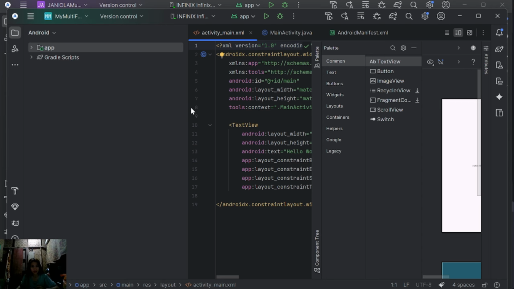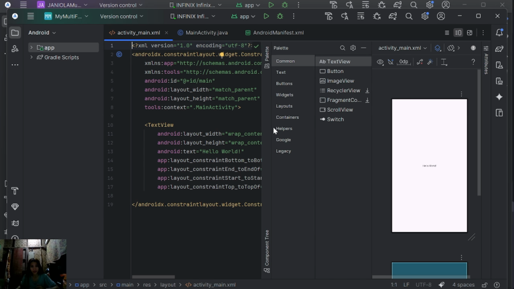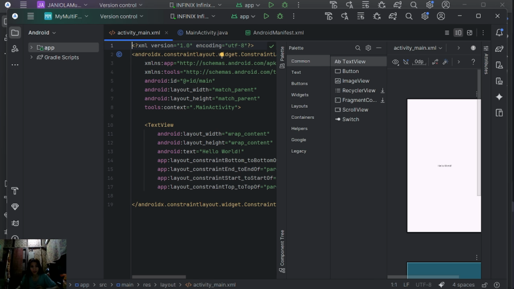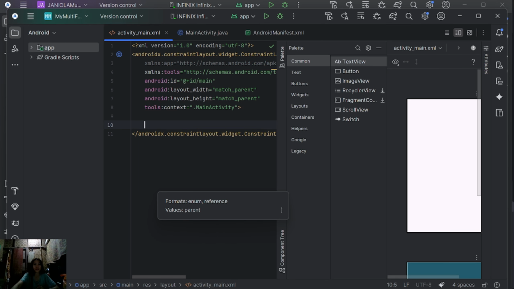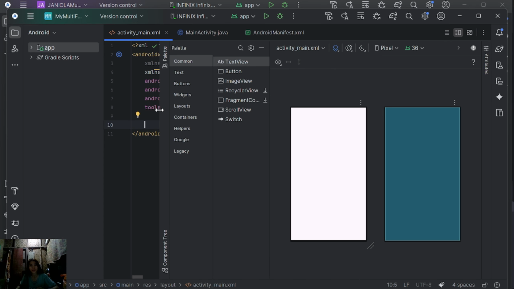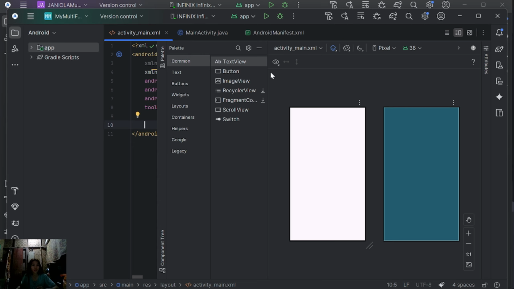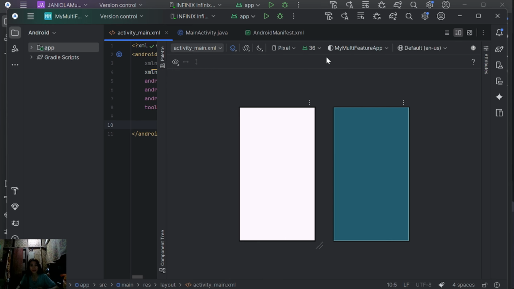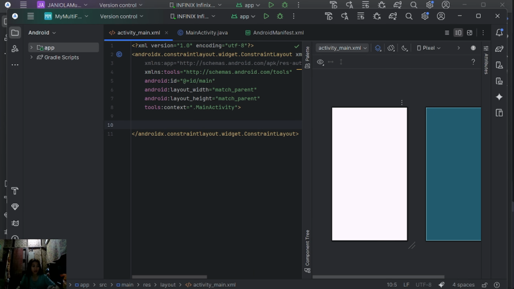Alright. So here you can replace the constraint layout if you want.